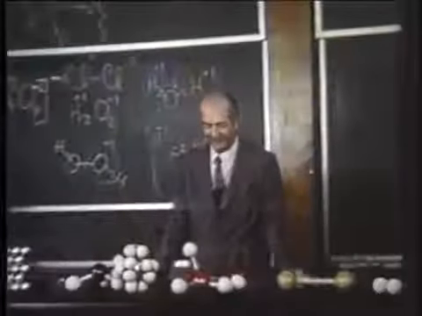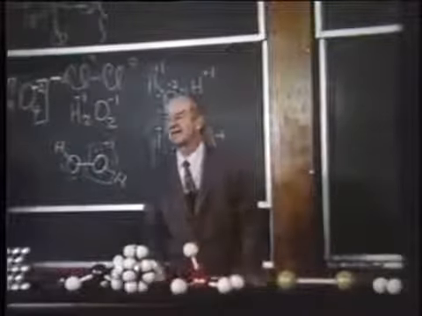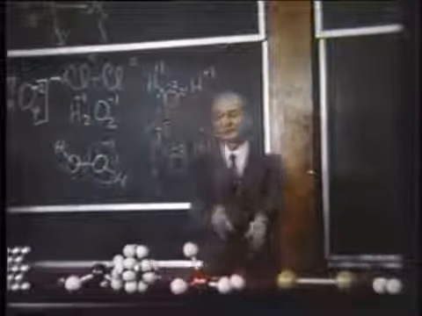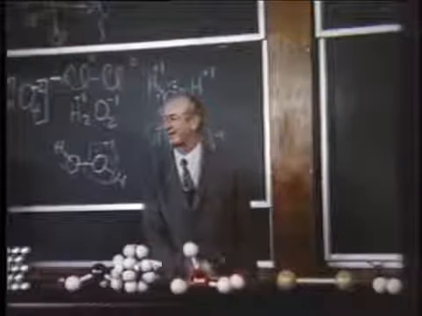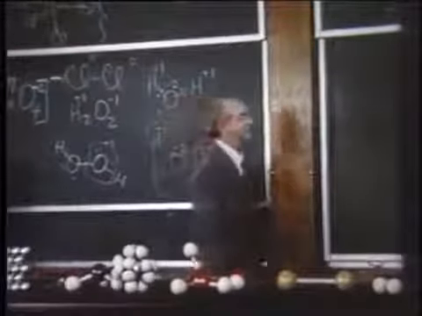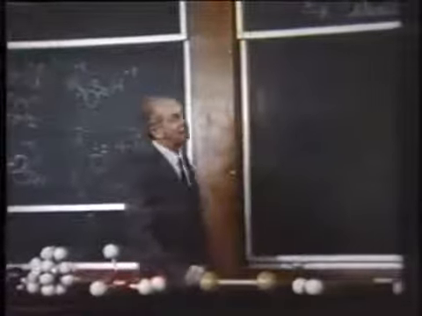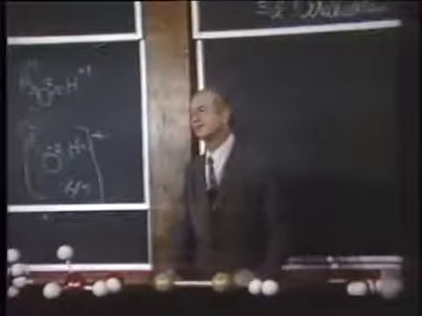Now, in this case, permanganate ion is reduced by the hydrogen peroxide to manganese ion, Mn++. And hydrogen peroxide is oxidized to oxygen. You can see bubbles of gas coming out of the reaction mixture, and you can identify the gas easily as oxygen. I like to balance oxidation-reduction reactions